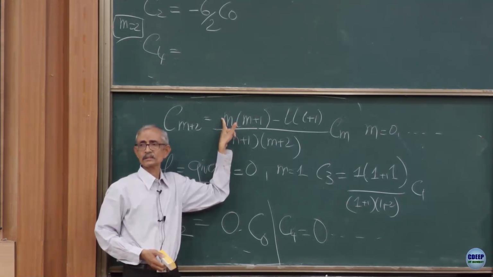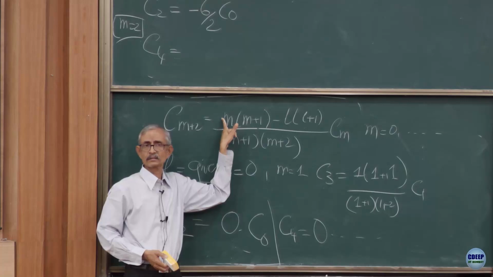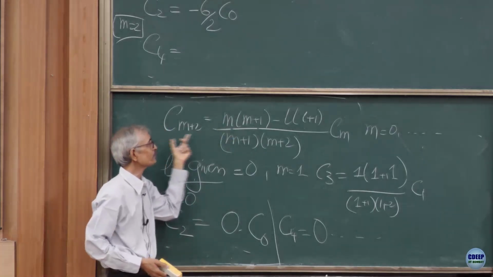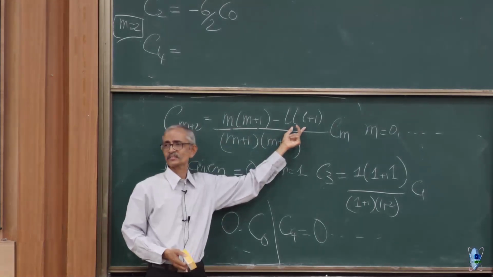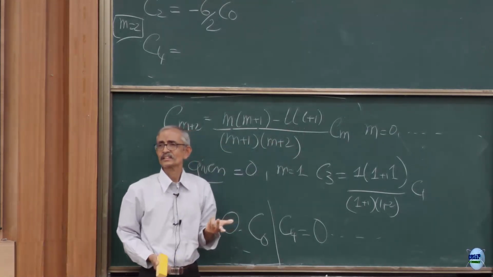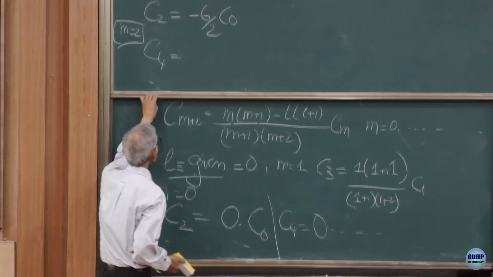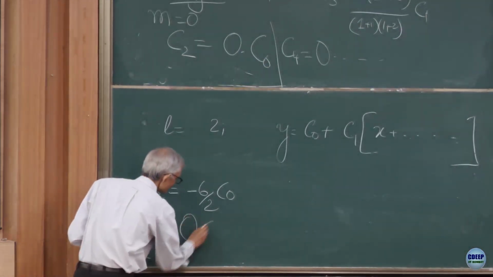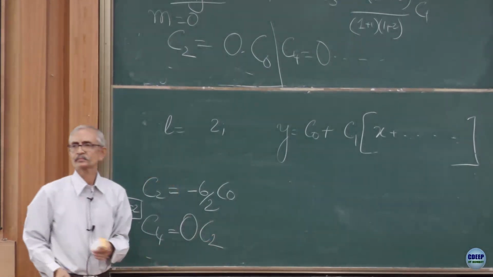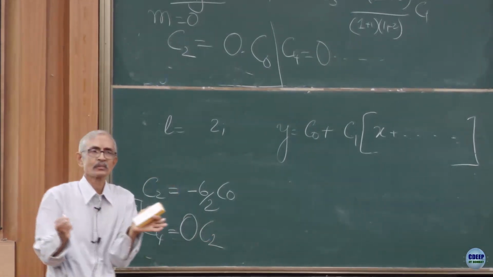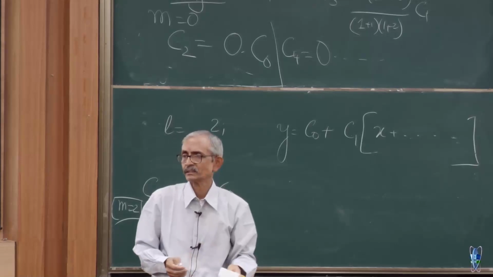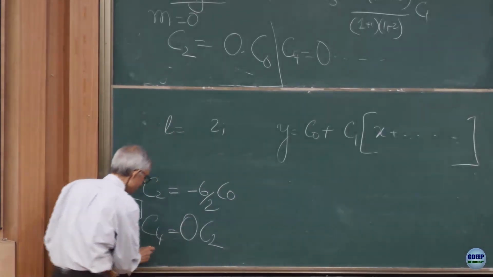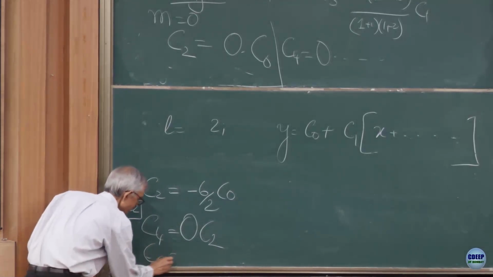What is the numerator? M is equal to 2, L is equal to 2. So 0, right? So C4 is equal to 0 times C2. This is the so-called recurring that is happening. Okay. So C4 is equal to 0 C2,